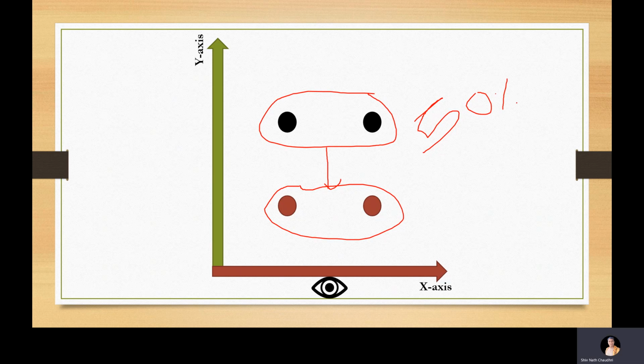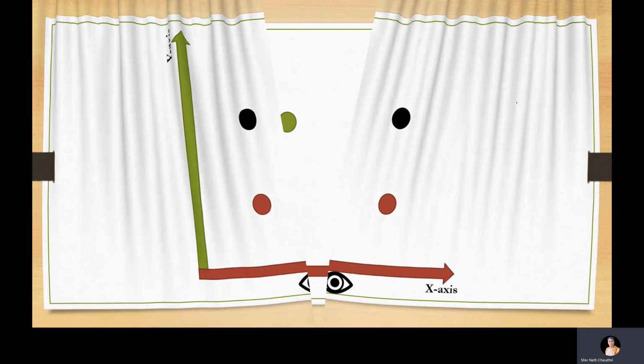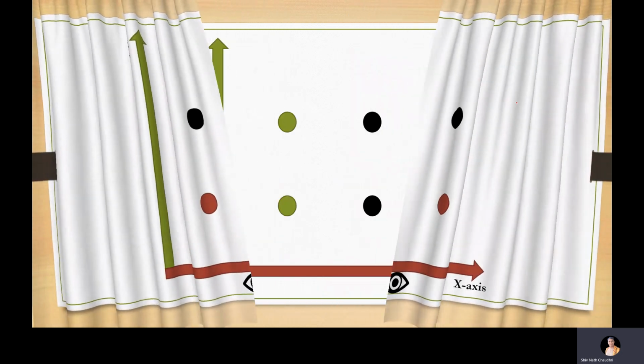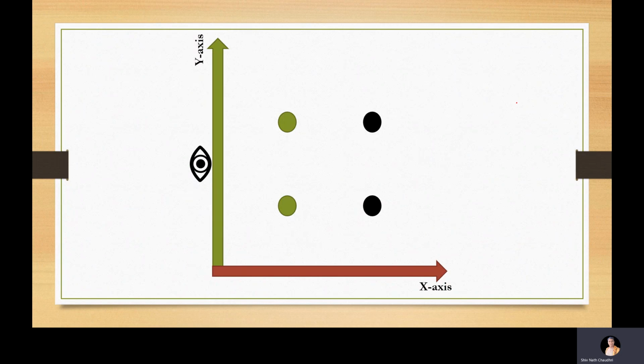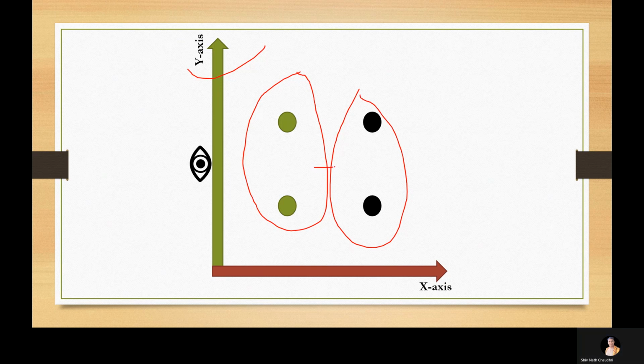Similarly, if we see the data points from y-axis, we find that only 2 data points are visible while the rest 2 are hidden behind them. One point is common that was also visible from x-axis, and one is new which was hidden in the previous case. Thus the visibility from y-axis is also 50%, and we can explore the information about only 2 data points from y-axis like before. This is our y-axis, and these 2 points are visible from y-axis, and these 2 are hidden behind the